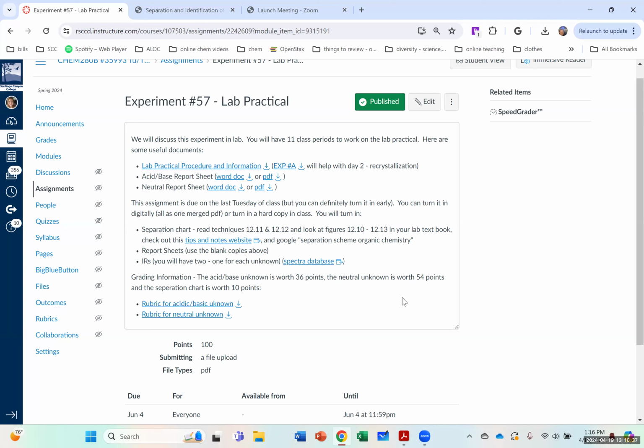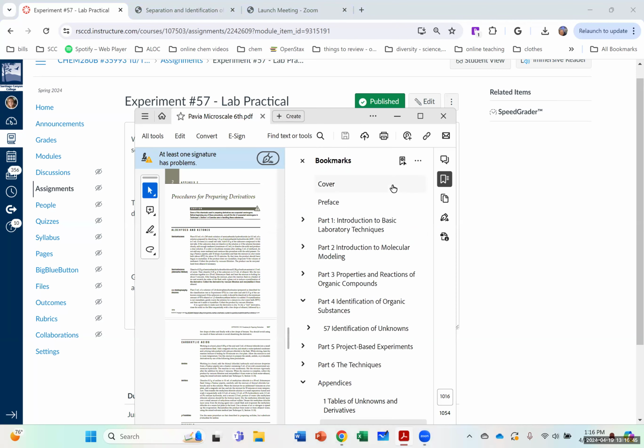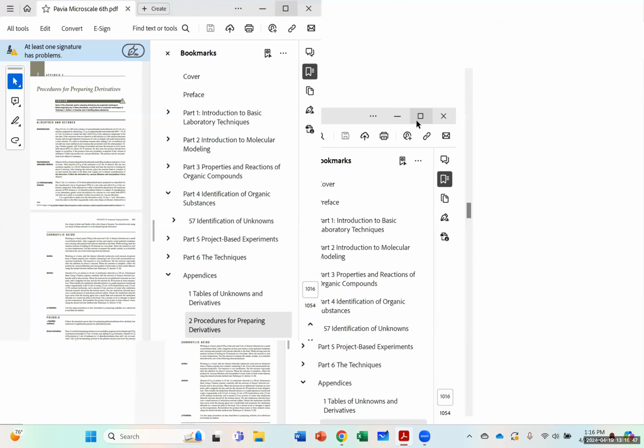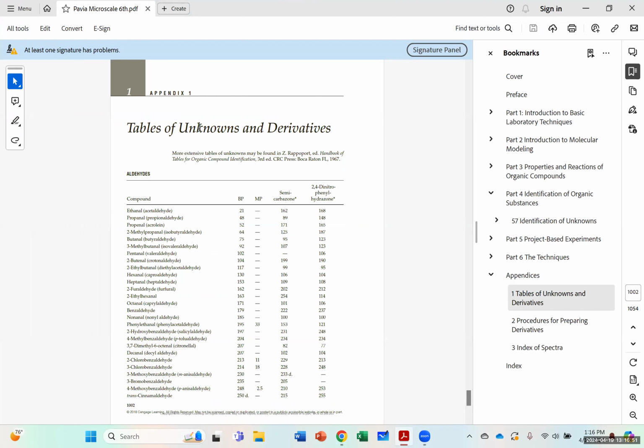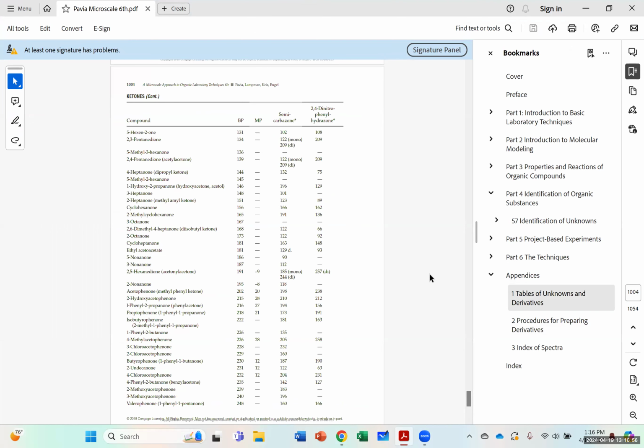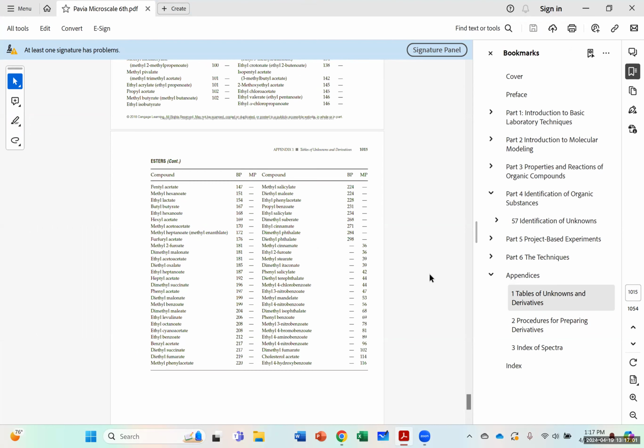All right, last question I think we got to talk about is, what are the possible compounds for your unknown? So I'm going to go back to our textbook and I'm going to go to appendix number 1, tables of unknowns and derivatives. Okay, this is going to be intense. All of these pages are your potential unknowns. So it goes on for a while,